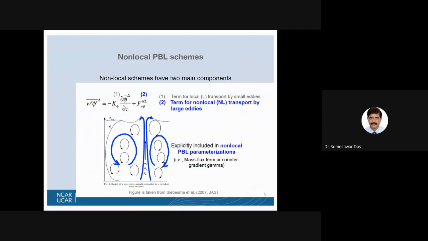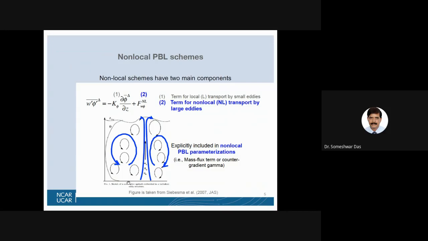But in between, this is a slide which illustrates the non-local PBL schemes. Like you have got eddies, small eddies and large eddies. Okay, and you have got vertical fluxes of heat, moisture, momentum, etc. at the level.